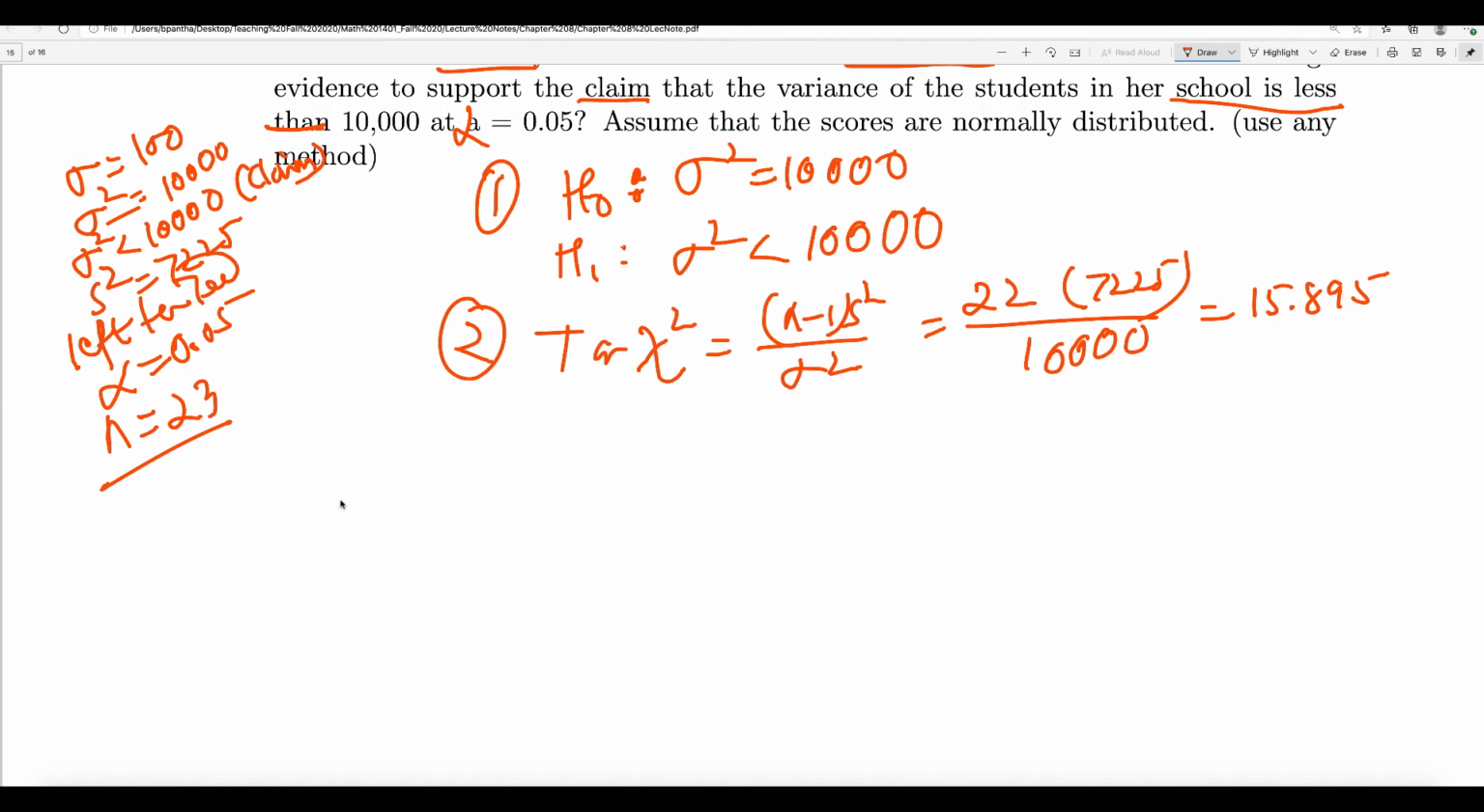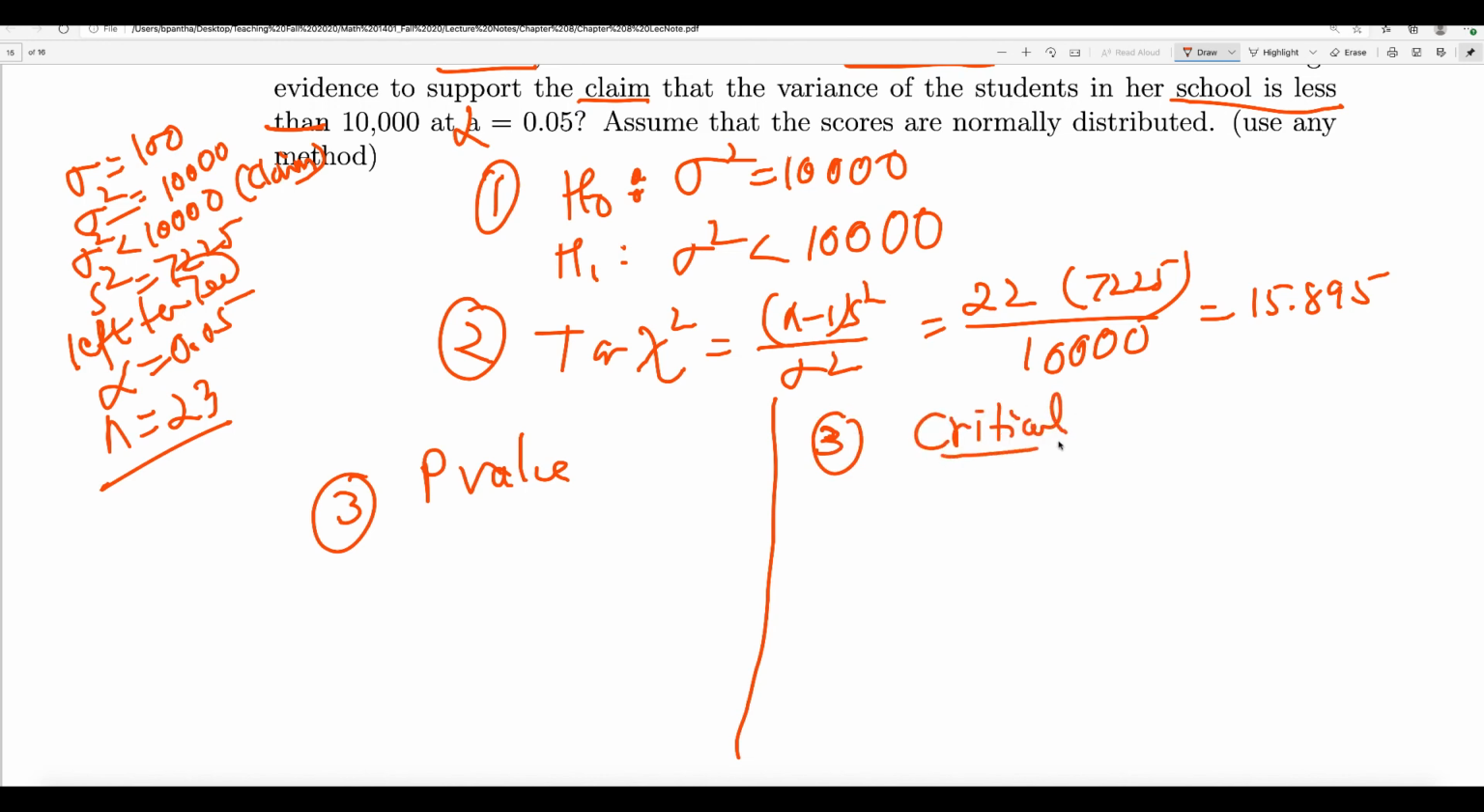So let me do number 3 in 2 different ways. I will do the p-value method, and another thing I want to do is the critical value method. You don't have to do both ways in your test. So in the p-value method, what you want to do is find out the area left of